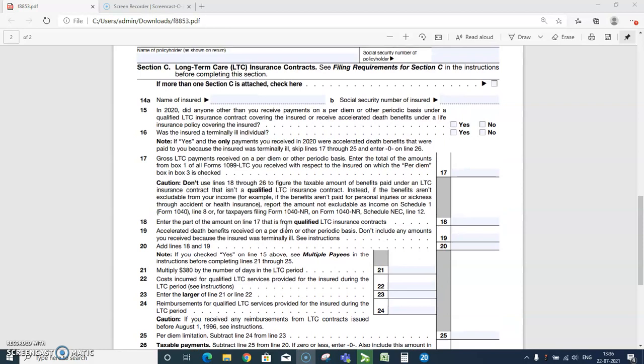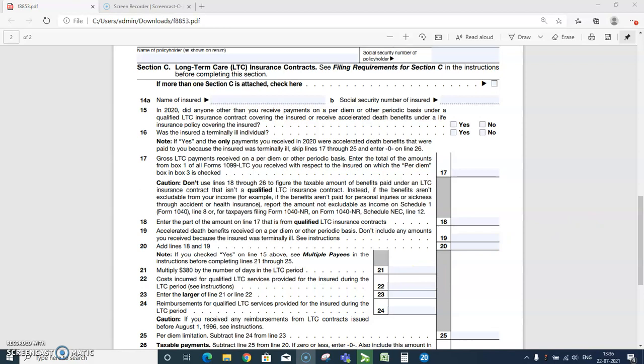Now we will discuss Section C, the policyholder. The policyholder is the person who owns the proceeds of the LTC insurance contract, life insurance contract, or viatical settlement, and can also be the insured individual. The policyholder is required to report the income even if payment is assigned to a third party or penalties. In the case of a group contract, the certificate holder is considered to be the policyholder.